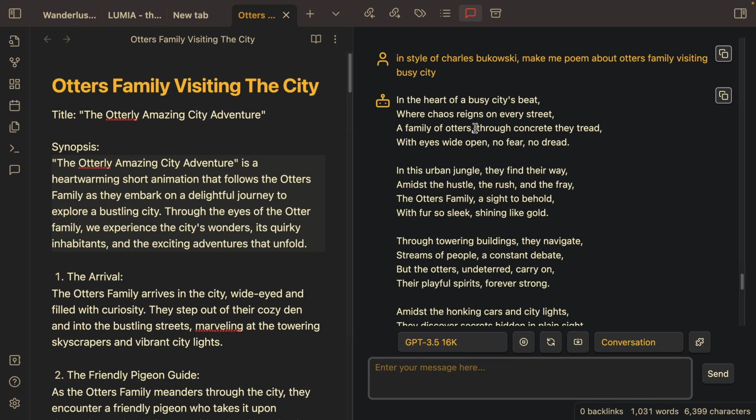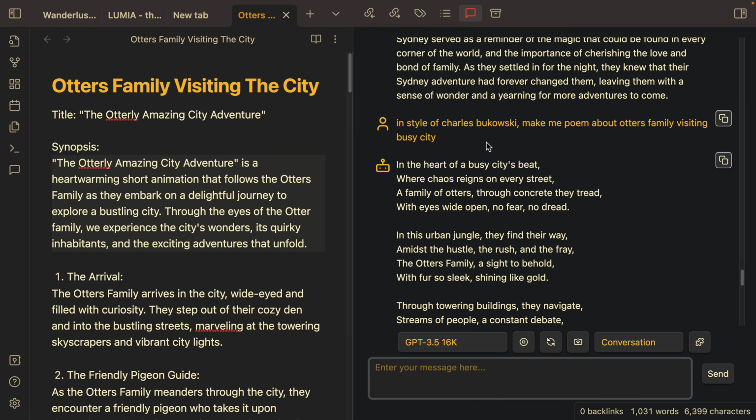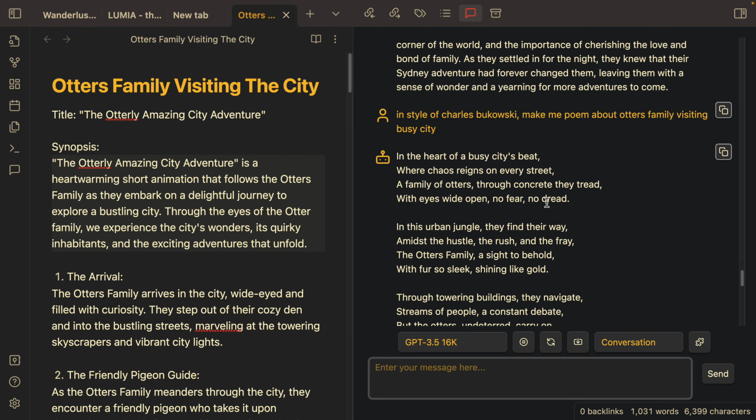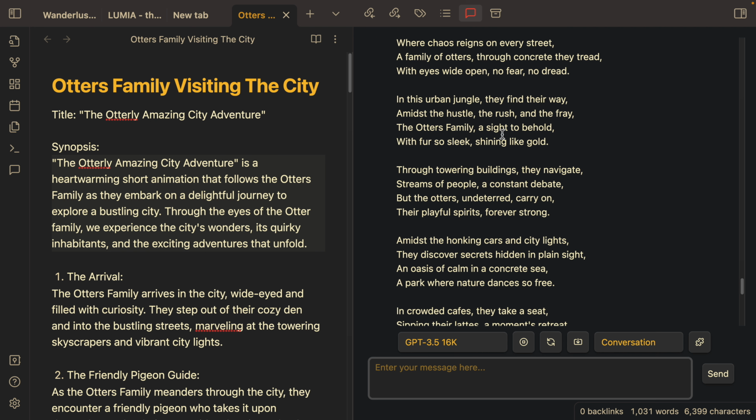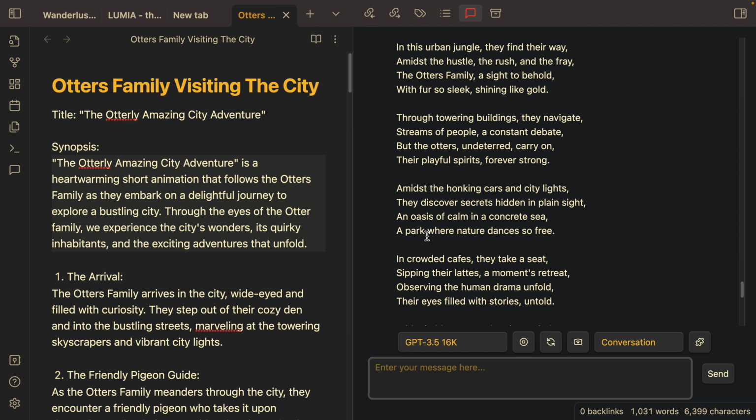In the heart of busy city speed, a family of otters, concrete urban jungle, find a way. Some of them are really generic. Maybe it's not really Bukowski.